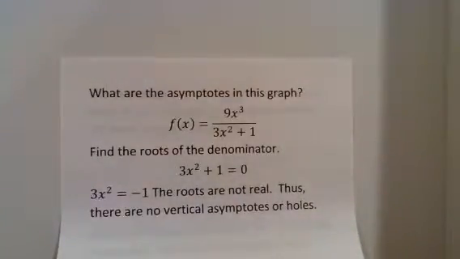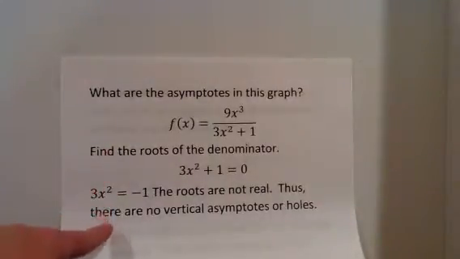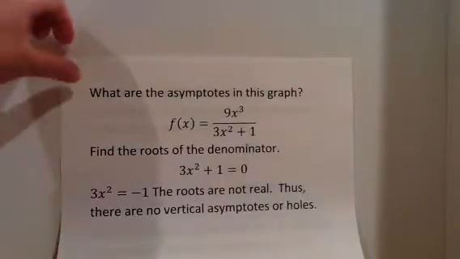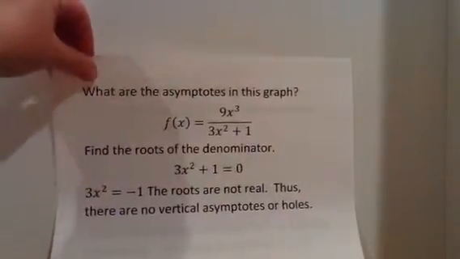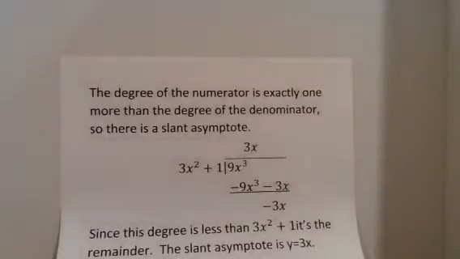What are the asymptotes for this function? Well, to look for vertical asymptotes, we set the denominator equal to 0 to find the roots. But there's no real roots, so that means there are no vertical asymptotes or holes for this particular function. Let's look for slant, well, and horizontal. The degree of the numerator is exactly 1 more than the degree of the denominator, so there are no horizontal,